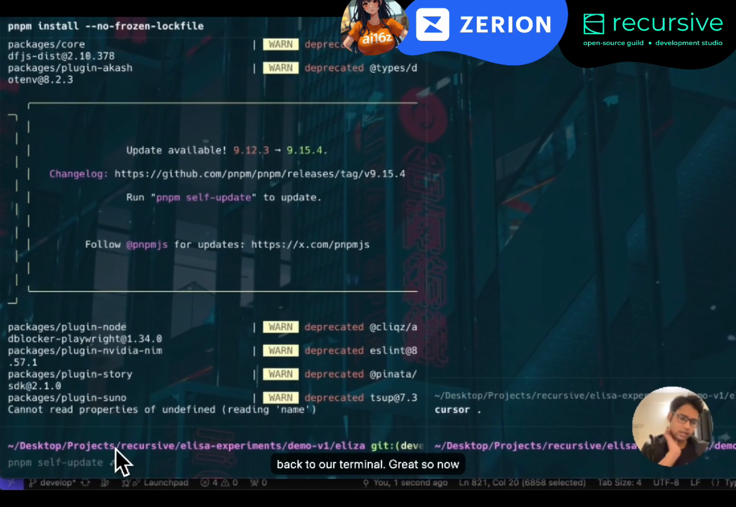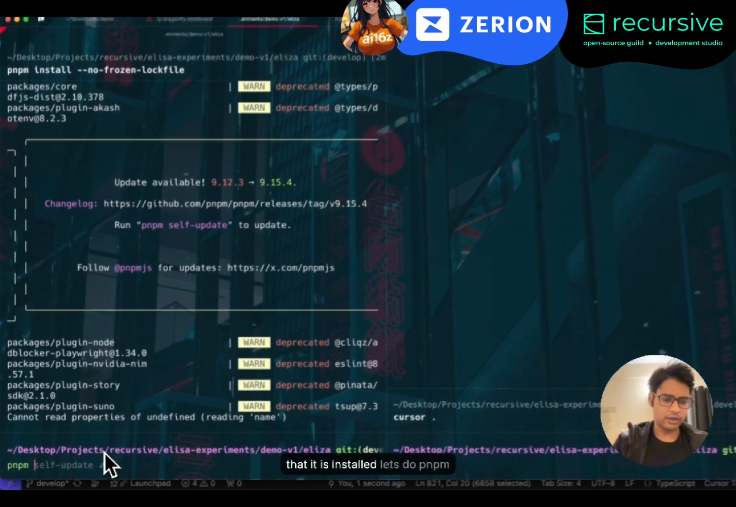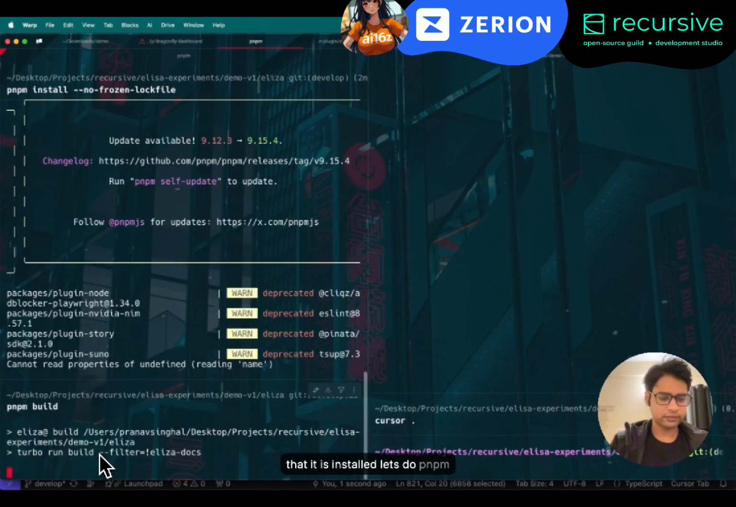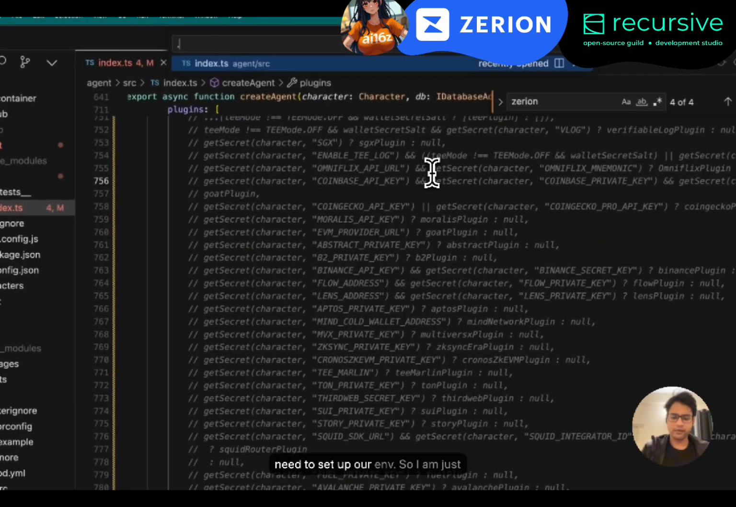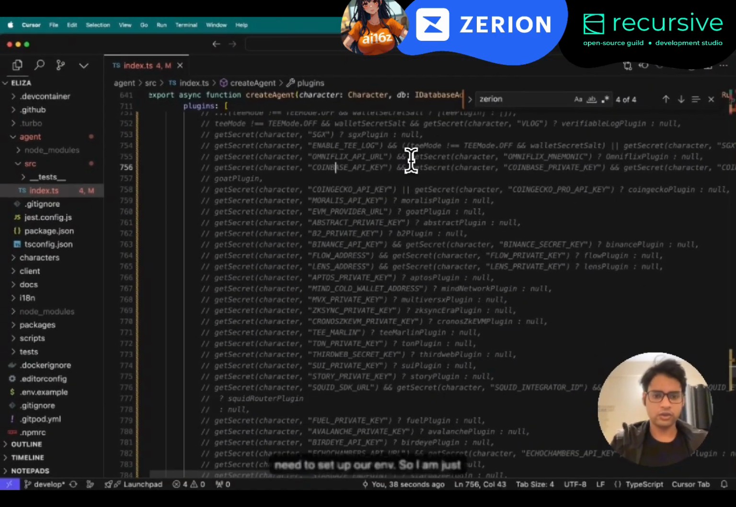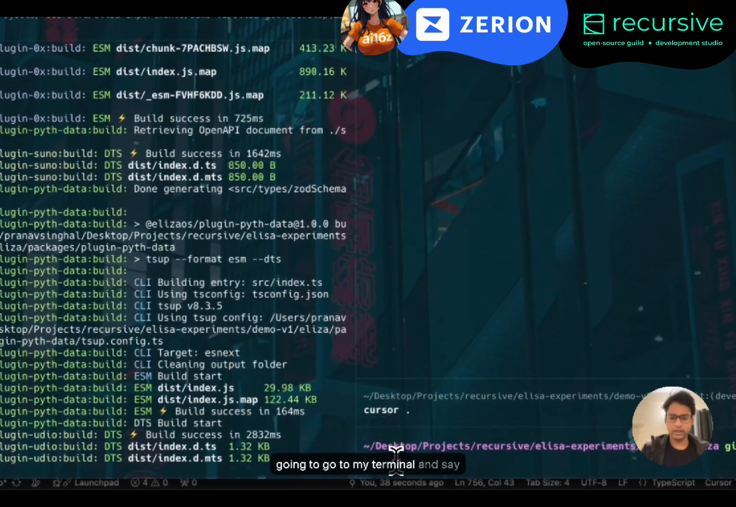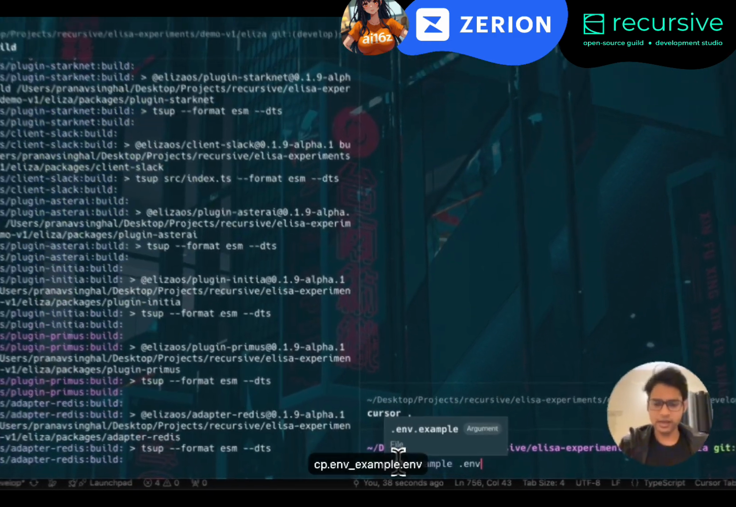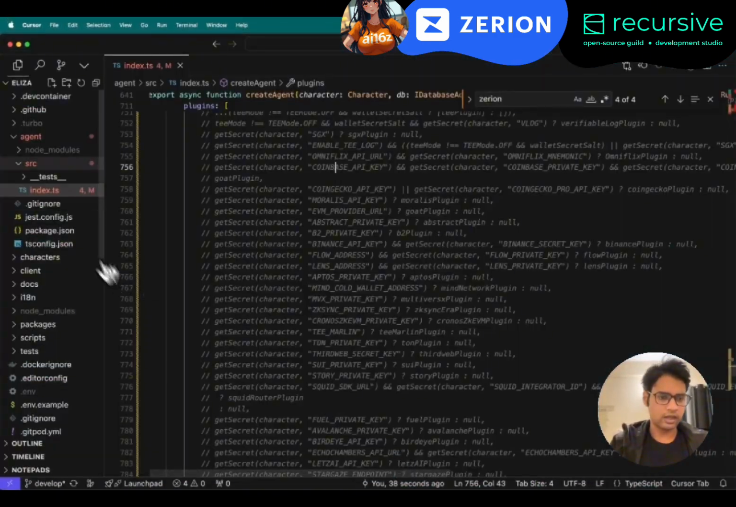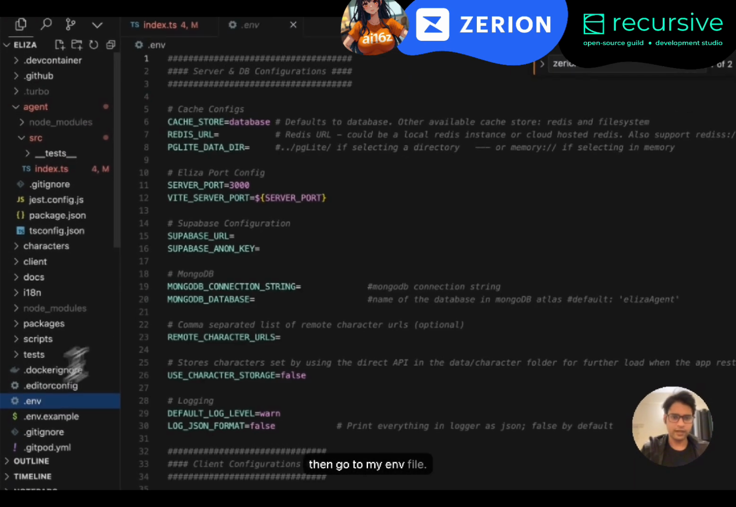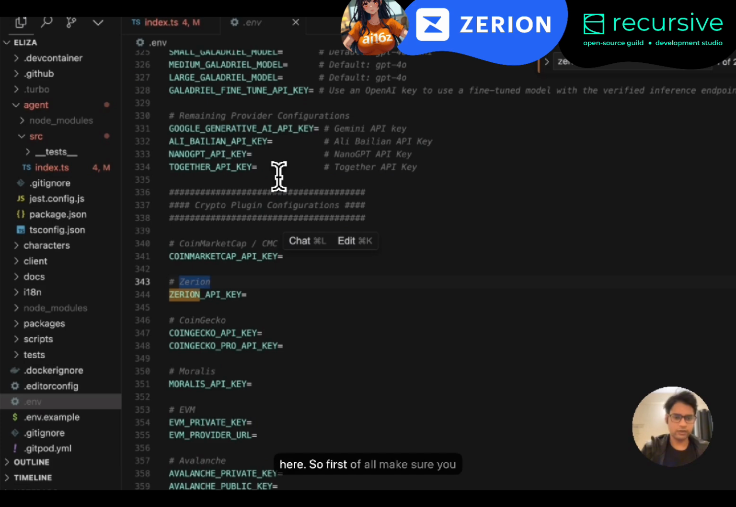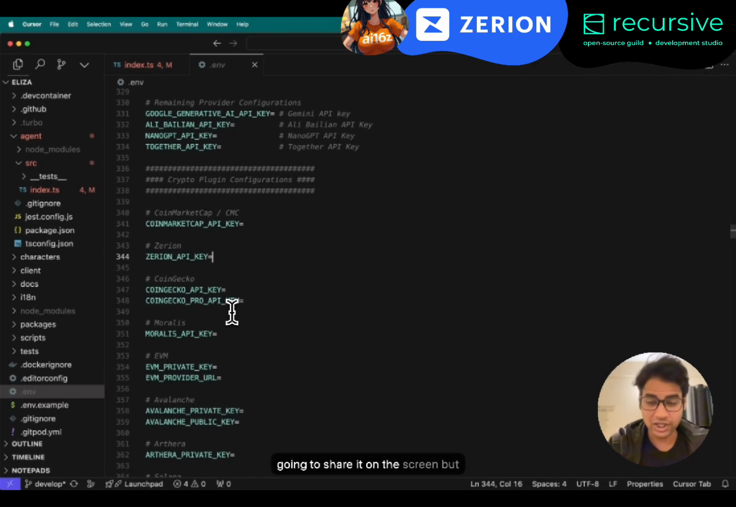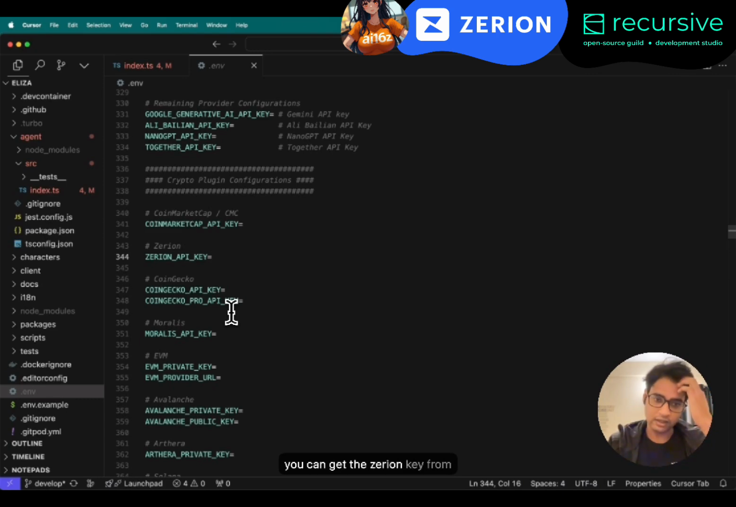Great. Now that it is installed, let's do pnpm build. While it's building, we also need to set up our env. I'm just going to go to my terminal and say cp .env.example .env, and then go to my env file. A few things that you need to configure here. First of all, make sure you add the Zerion key. I'm not going to share it on the screen, but you can get the Zerion key from